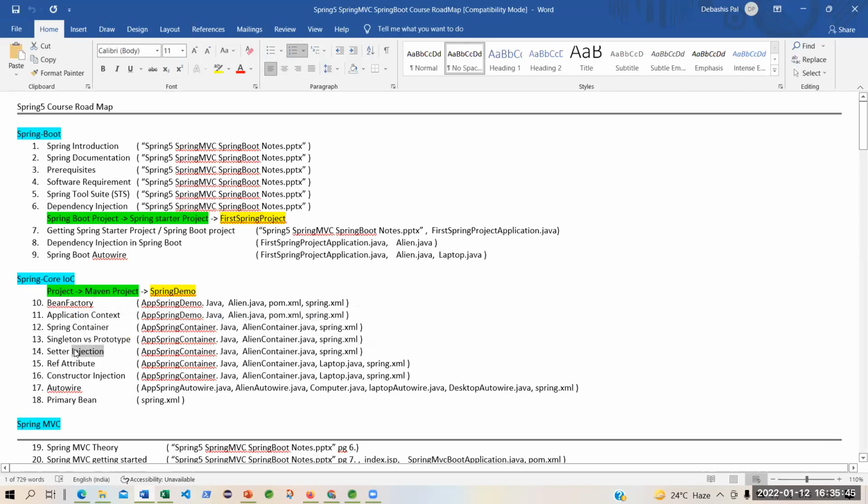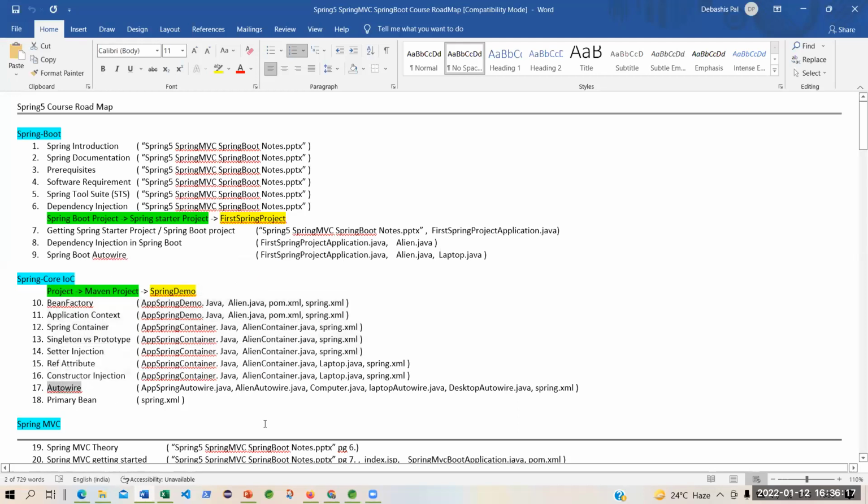Okay, how do you do that? How do you refer to a reference as an attribute? The attribute can refer to a property, but how can you refer to an object? So all these things are there. Then you can inject even the constructor. That is dependency injection. You can inject the constructor. Then you will find that you do not need to do all this hard work.